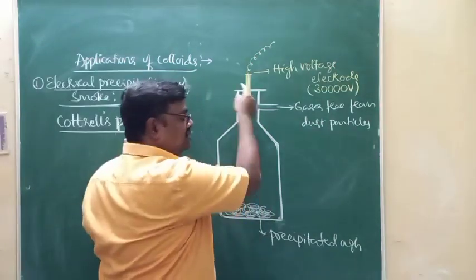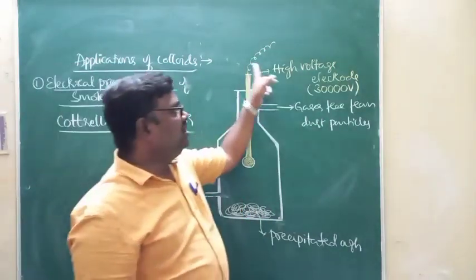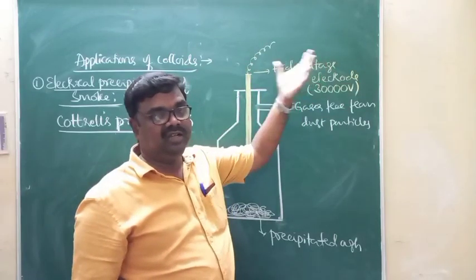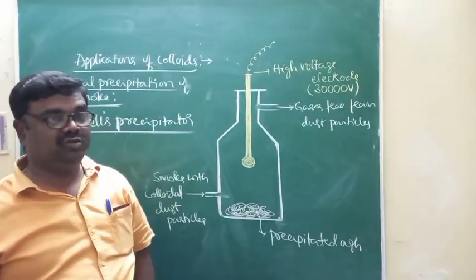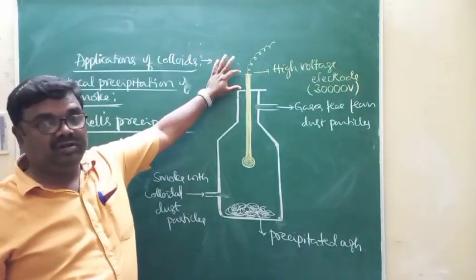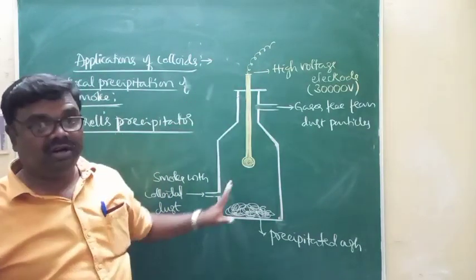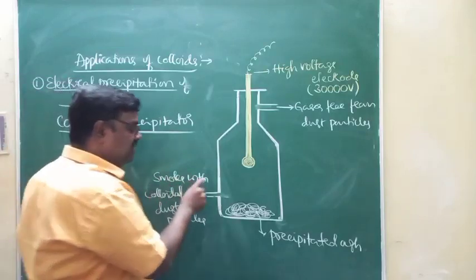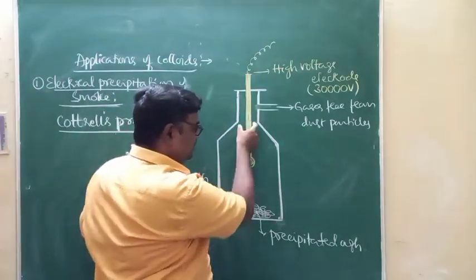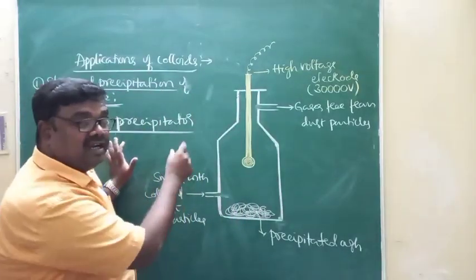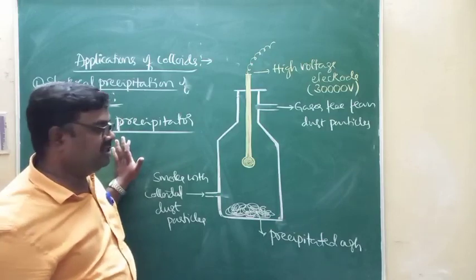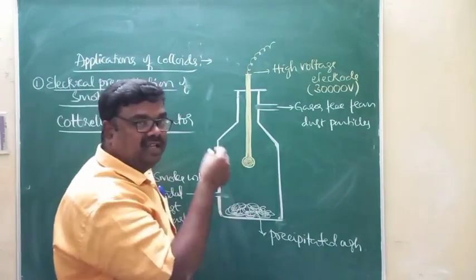And these electrodes are connected to a high-voltage electric field of around 30,000 volts. Just imagine, a very high voltage of 30,000 volts will be applied across the electrodes used in the Cottrell precipitator. When industrial waste gases are allowed to pass through this Cottrell precipitator, what happens? The charges over the